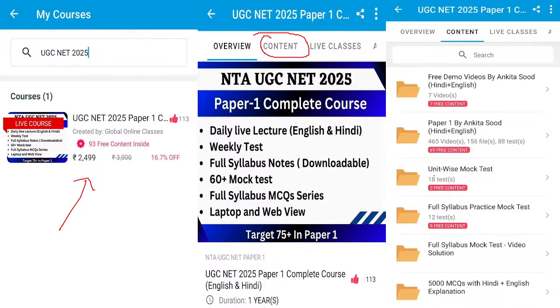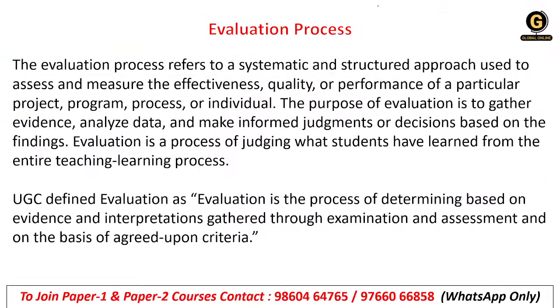All right, so let's start with the session now. First thing, we need to understand what is the evaluation process, right? The evaluation process refers to the systematic and structured approach used to assess and measure the effectiveness, quality, or performance of a particular project, program, process, or individual.